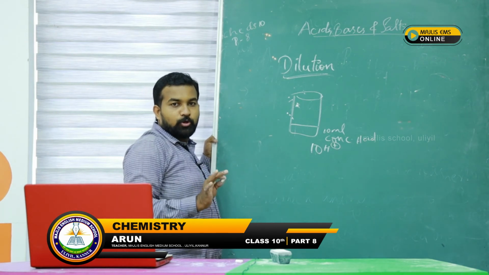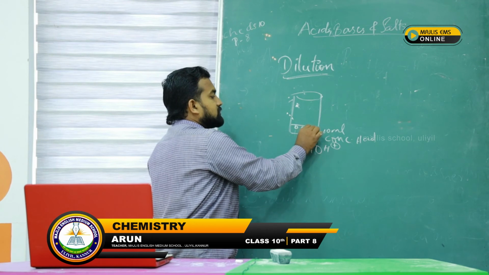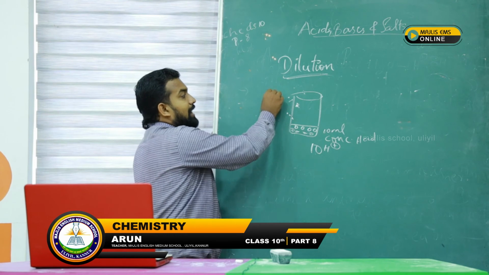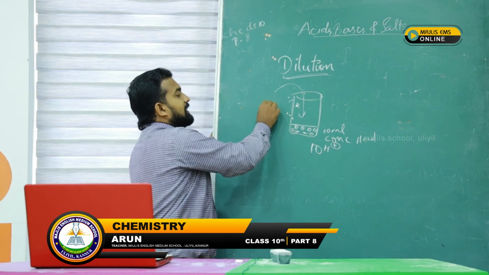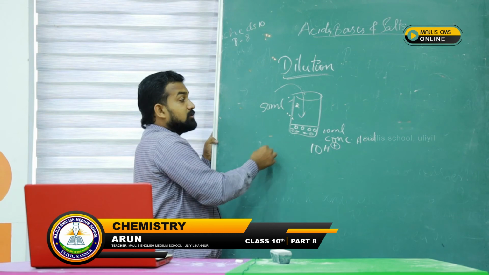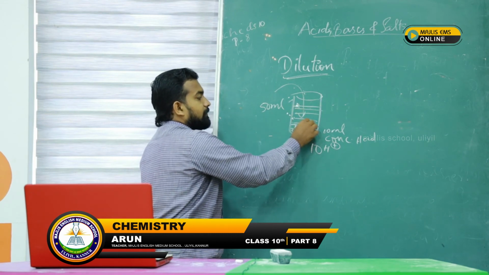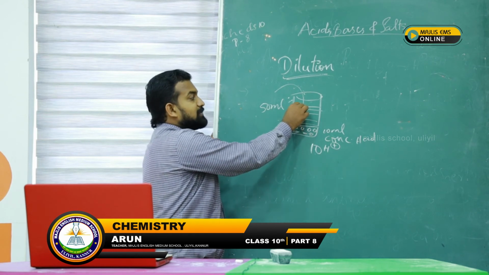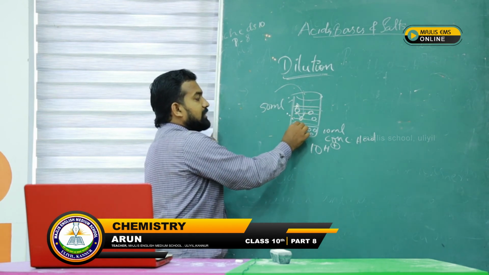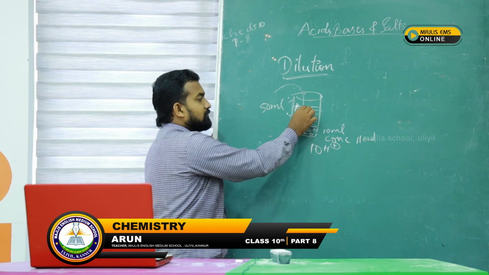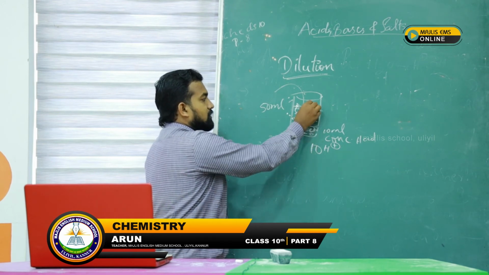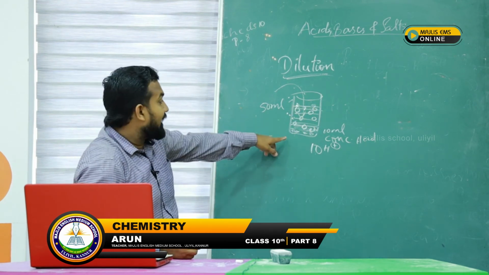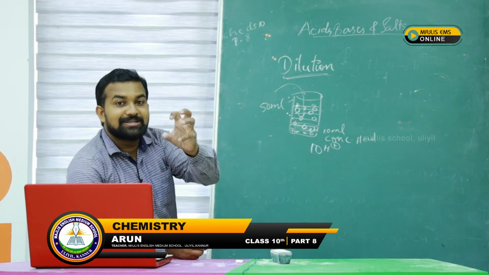So 10 H plus ions will be produced. Okay. So those 10 H plus ions will be present over here. Now what I am doing is I am adding water into this. Around 50 ml of water I am going to add. So when I add 50 ml of water, these 10 H plus ions have been distributed equally throughout, isn't it? That means when I am adding water, the H plus ion concentration decreases.